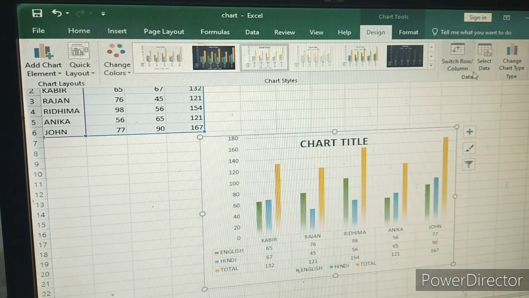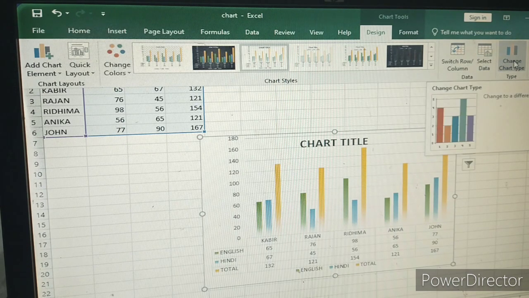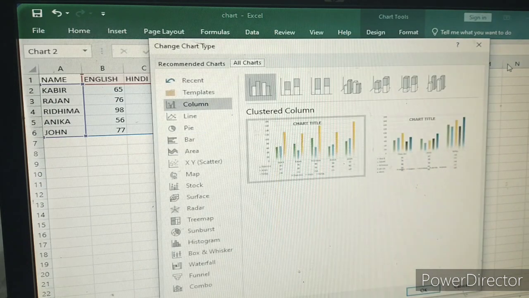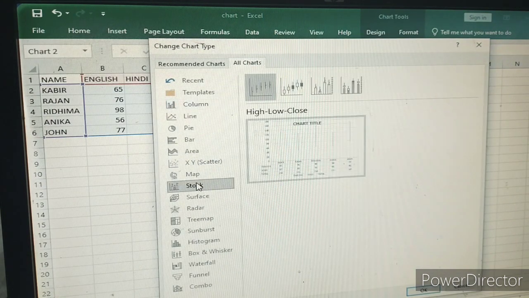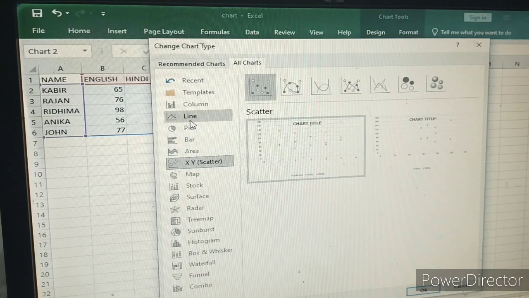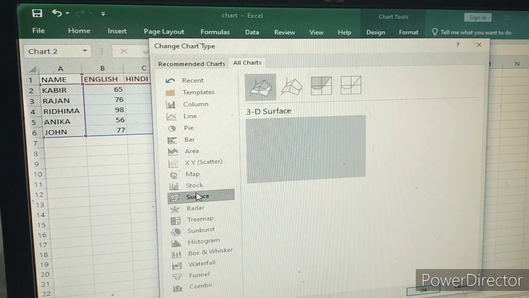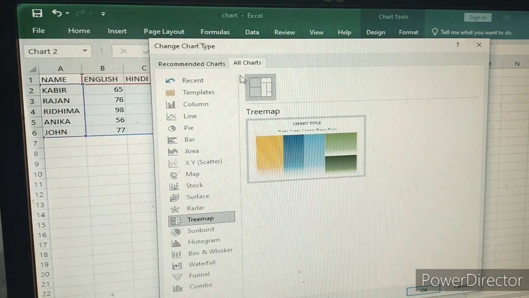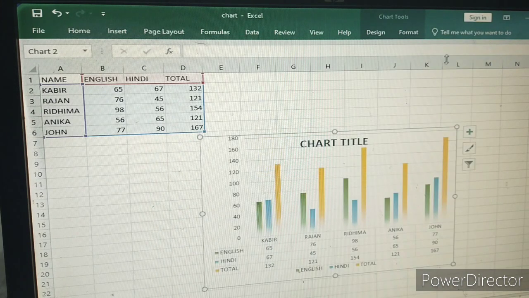Now Select Data. If you want to select the data, you can do so with this option. Change Chart Type: if you want to change the type of the chart, we can change to a different style of chart with this. Okay, so this is the Design option, with the help of which we can modify our chart.